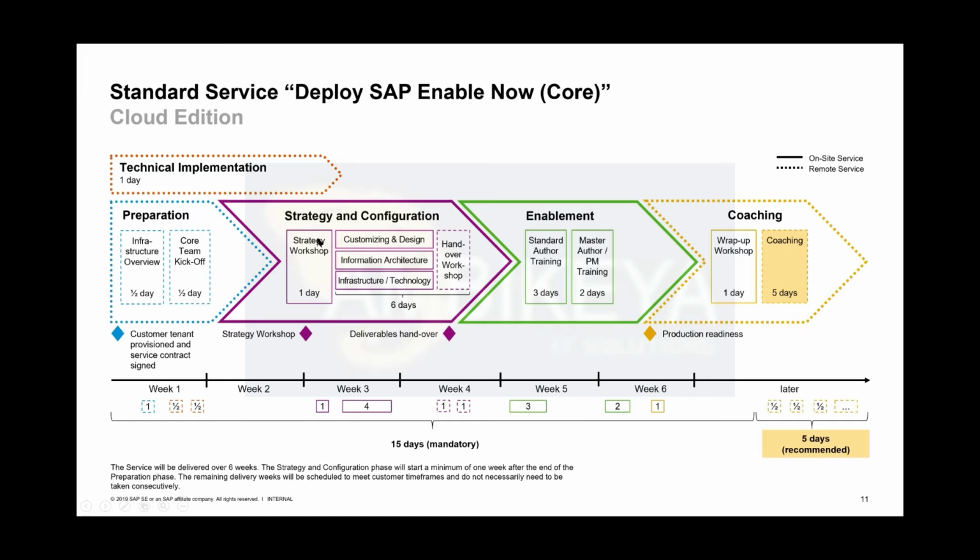Strategy and configuration phase: that's one workshop, maybe a day, maybe less, maybe more. That's just a recommendation here. And it fluently initiates 3 parallel work streams we're going to work on: the customizing